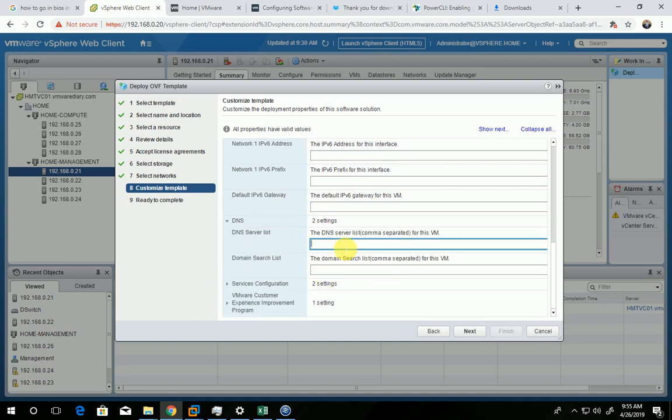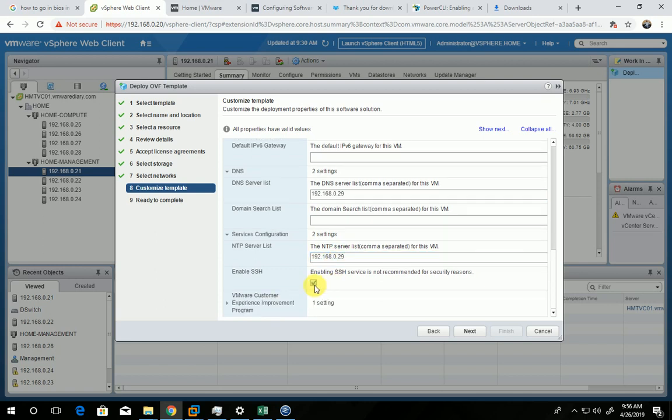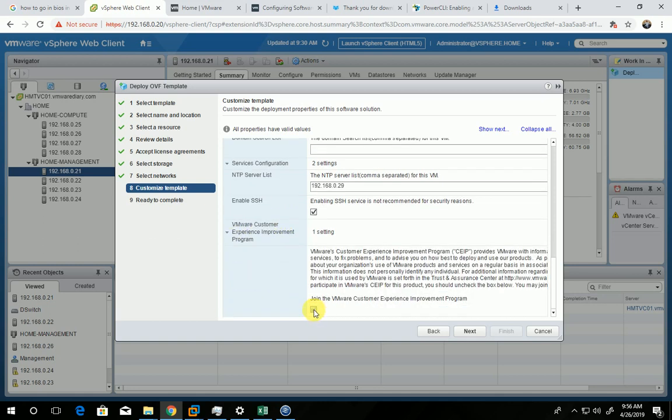Let's put the DNS address here. Why am I putting the same IP address in the default gateway and the DNS? Because we have configured the remote and routing access on the AD server itself. So that's why I have taken this as a gateway and as a DNS address both. Okay, here, as the AD server holds all the roles for time syncing, NTP, global catalog and all those things, I'm putting this here in the NTP box as well. And I want to enable SSH, so keep it enabled. And I don't want to join